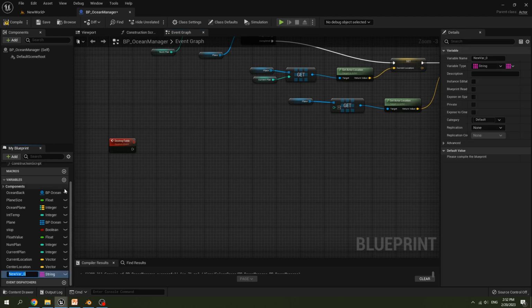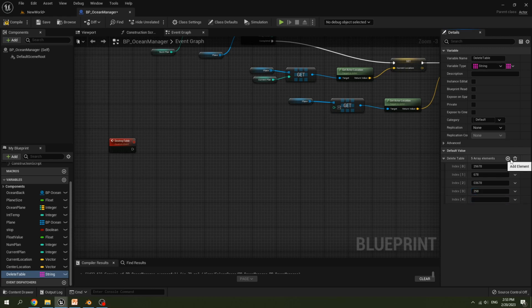Add new variable, name it delete table, set variable type to string and make it an array. Compile, add element index 0, set it to 2, 5, 6, 7, 8. Index 1, set it to 6, 7, 8. Index 2, set it to 0, 3, 6, 7, 8. Index 3, set it to 2, 5, 8.